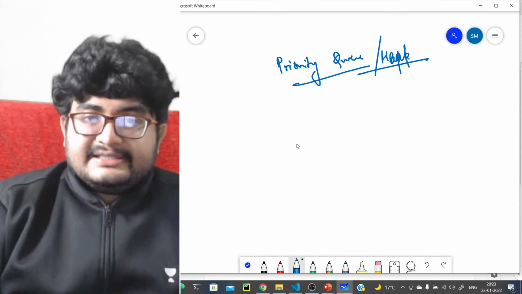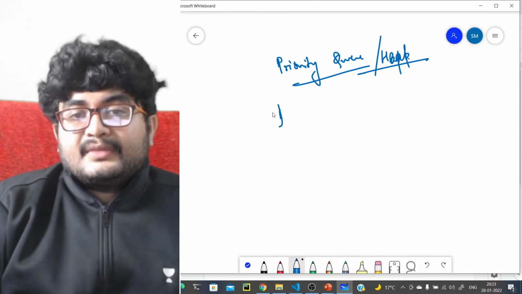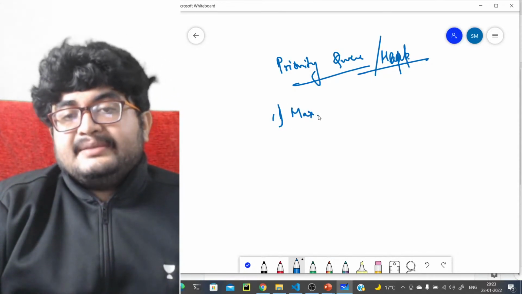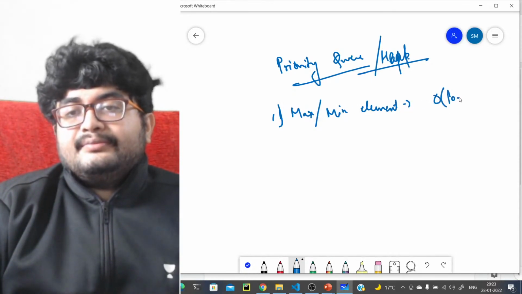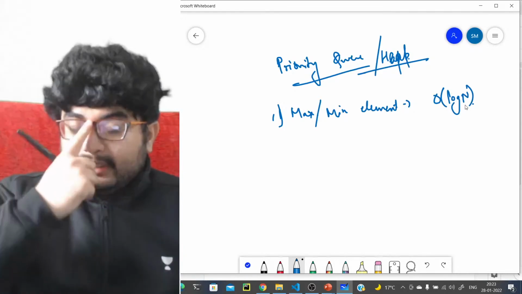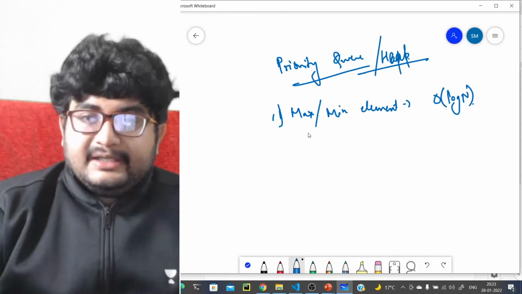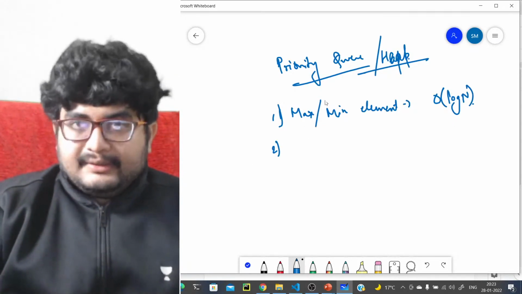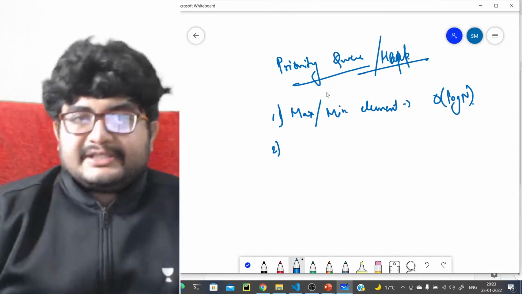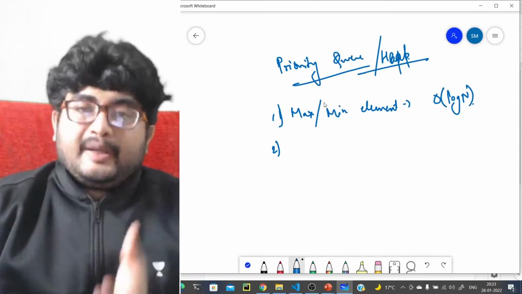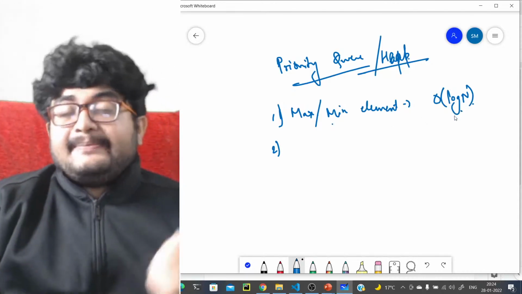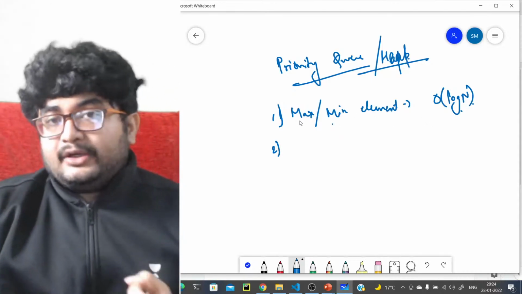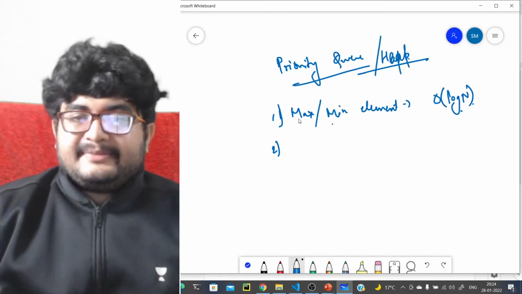What it does is you can get the maximum or minimum element in logarithmic time, only one of them depending on the implementation of the heap. It can be a min heap or a max heap. If it is a min heap, you can get the min element in order of log n. If it's a max heap, you can get the maximum element in order of log n. Not both of them at the same time.